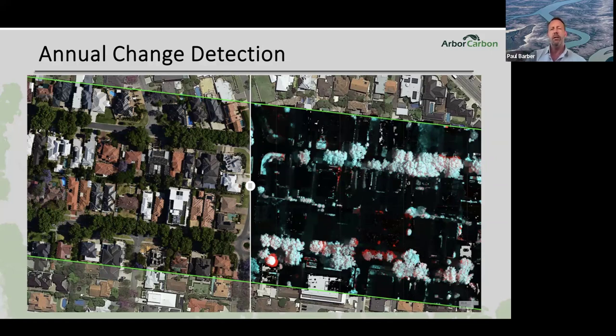But the real interest here are the red pixels. So anything that's red or pink has declined in that vegetation condition index over a 12-month period. And that tells us where we should go to target our efforts. It can tell us where full canopies have been removed, impacts from development. It can tell us where there's been pruning, like that one on the bottom left-hand side. And it can tell us where polyphagous shothole borer may have been impacting the trees and causing impact to their health. So this is the sort of work that we've been scaling across entire LGAs and beyond for a range of our clients.